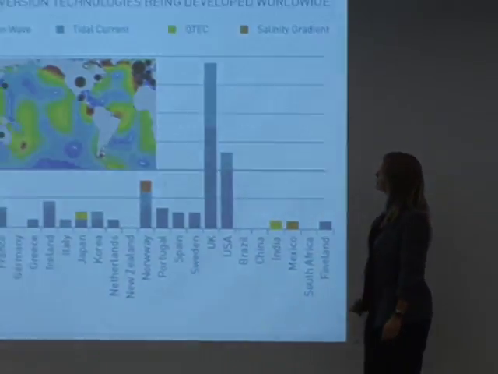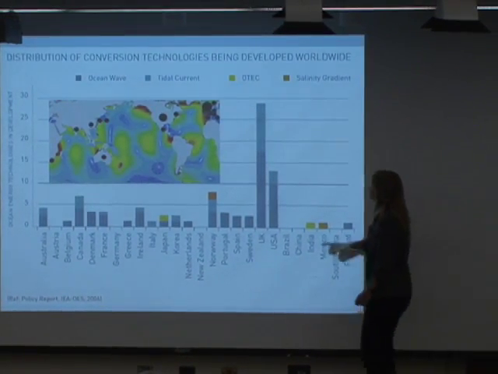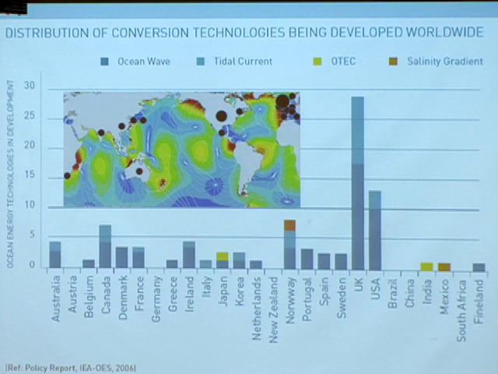Okay, so who is developing devices and at what stage are we? Here are the players. Okay, so on the world map, the bigger the circle, the bigger the player. Big fat circle in the UK. Not so bad in the US in terms of the number of technologies that we're developing.